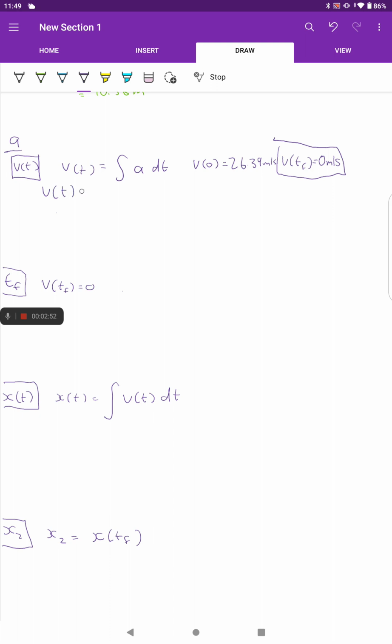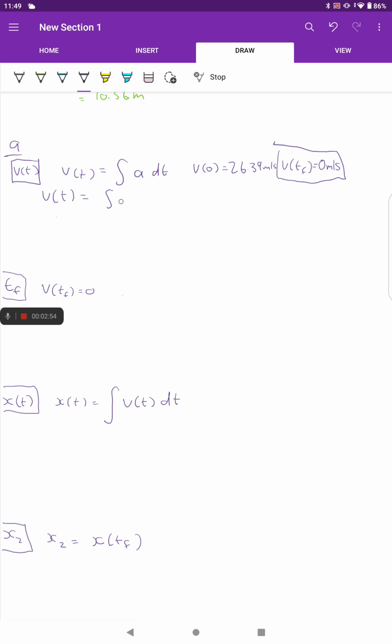So our velocity as a function of time is going to be the integral of negative 3 meters per second squared over time. This is simply negative 3t plus a constant. Now, this constant is simply found by setting t equal to 0, so it is our initial velocity. So we have the function negative 3t plus